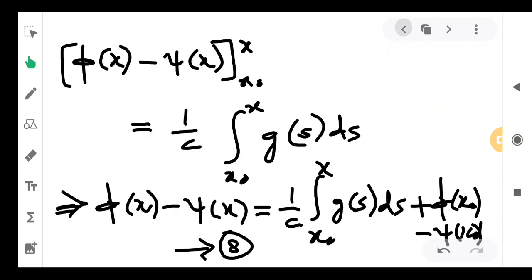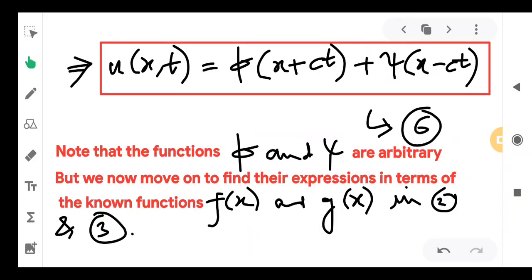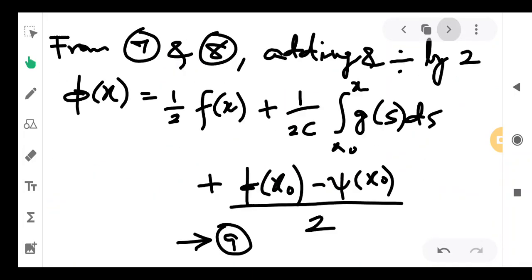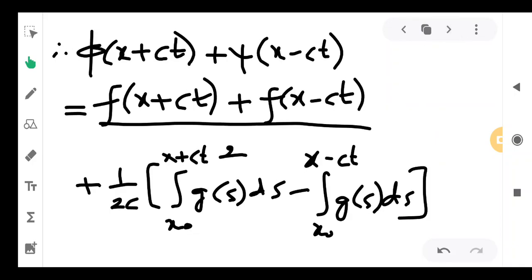Remember, you have equation number 6 where u of x is in terms of phi and psi. Phi of x we know. Similarly, psi of x we know. So what will be phi of x plus ct? Instead of x we will be writing x plus ct, and in psi of x we will be replacing x by x minus ct. Therefore, this is phi of x plus ct plus psi of x minus ct,